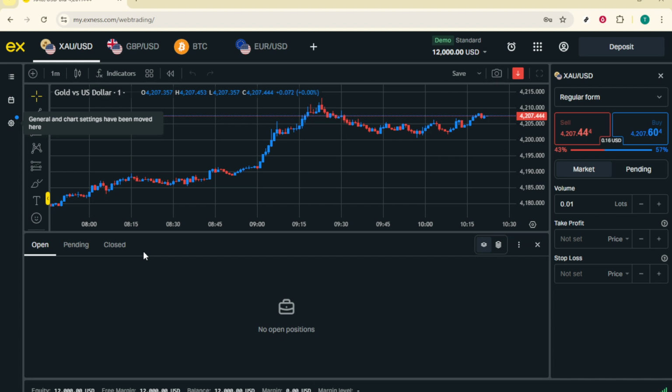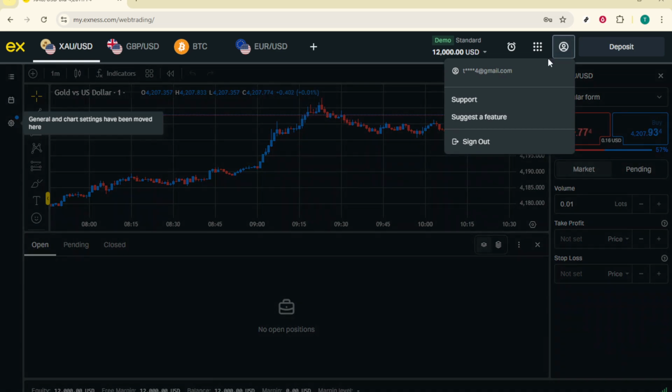Start by logging into your Exness personal area on the official website, or open the Exness Trade app and sign in there. Make sure you're using the official platform and a secure connection. Once you're in, go to the section labeled My Accounts. This page shows every live and demo account linked to your profile, so take a moment to confirm you're looking